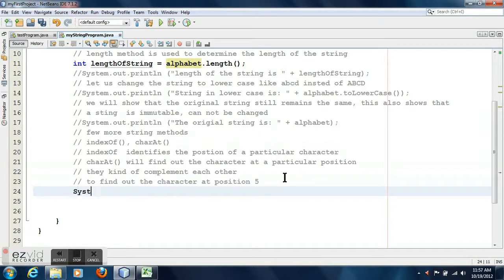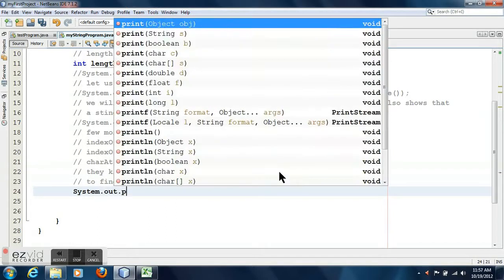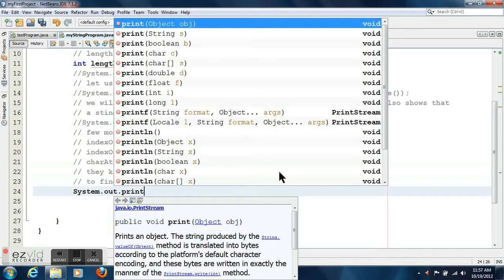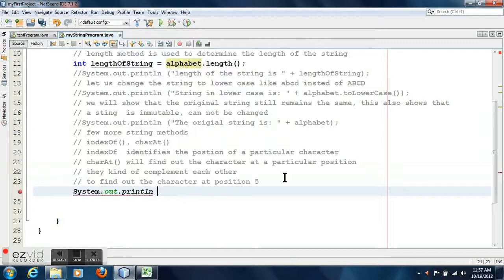To do that I have to use the method called charAt. So let us print it, System.out.println, and "character at position", just to understand better.